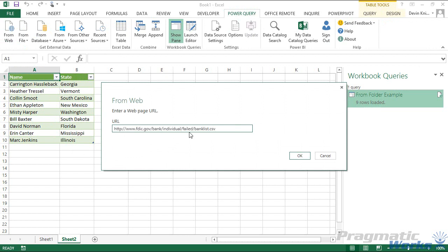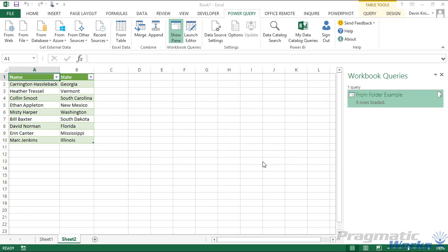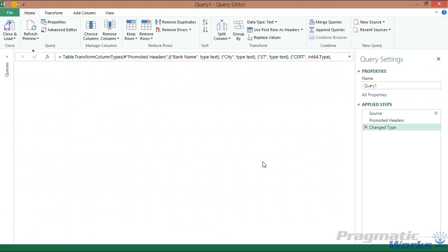Now you'll notice here that it's a banklist.csv file. So that's the kind of file that we want to completely import into Power Query, and anytime I hit refresh, it's going to call back out to that file. It's never downloading it, it's leaving it out there, so that way I can always get the latest version of the data without re-downloading. Alright, so I'll hit OK, and it's going to pull this data into the Power Query